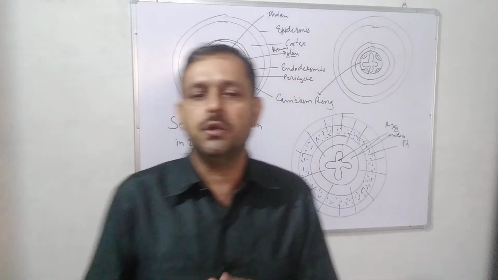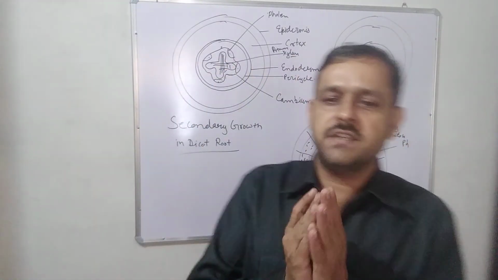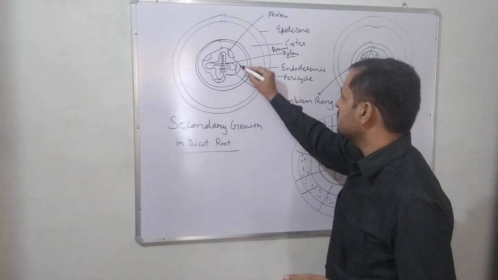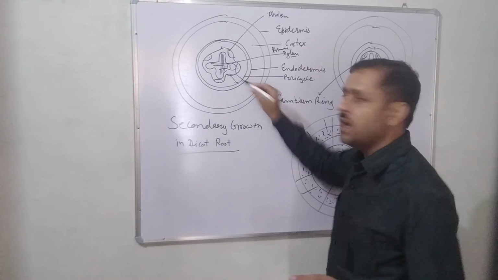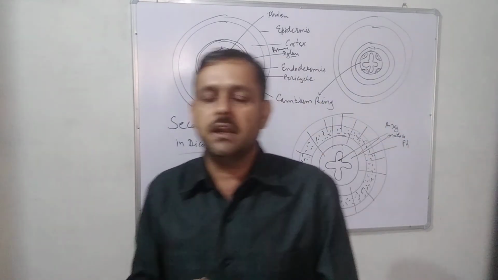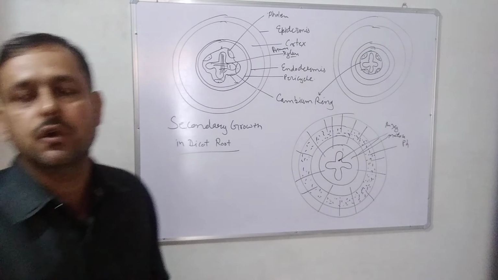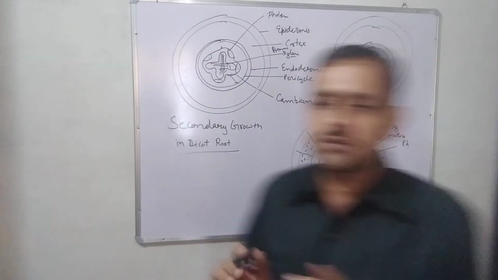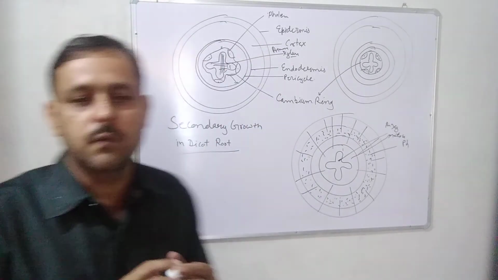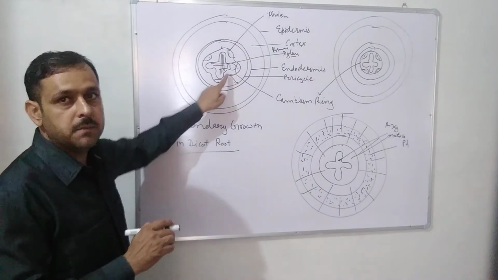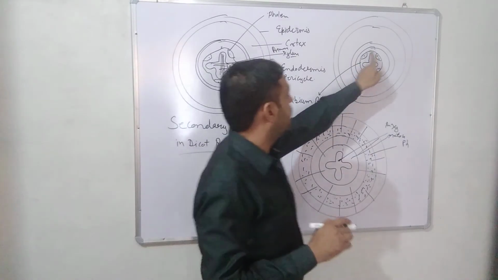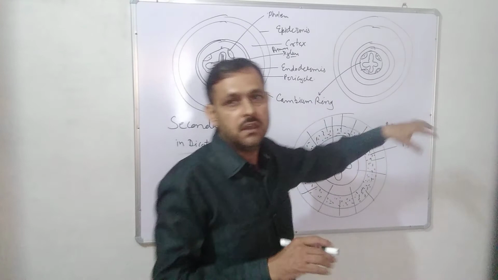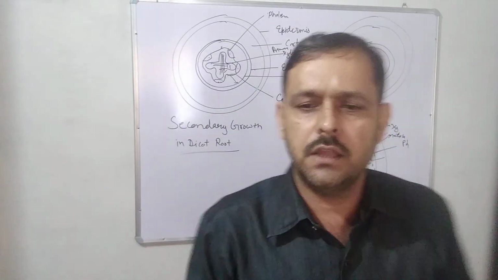The strips continue to grow till they reach the pericycle. This is endodermis and this is pericycle. So this cambium ring grows towards the pericycle, that is secondary growth. The vascular cambium is established unequal. In this diagram, the procambium is converted into cambium and is differentiated in the whole region.